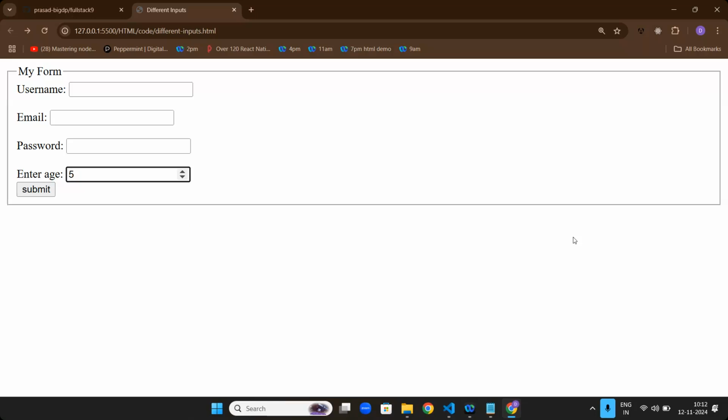Or some kind of tricky one where you need to put only numbers, then you will use this number type. If you write type equals to number, automatically that input will accept only numerical values. Any doubts, ma'am? Any doubts, sir?